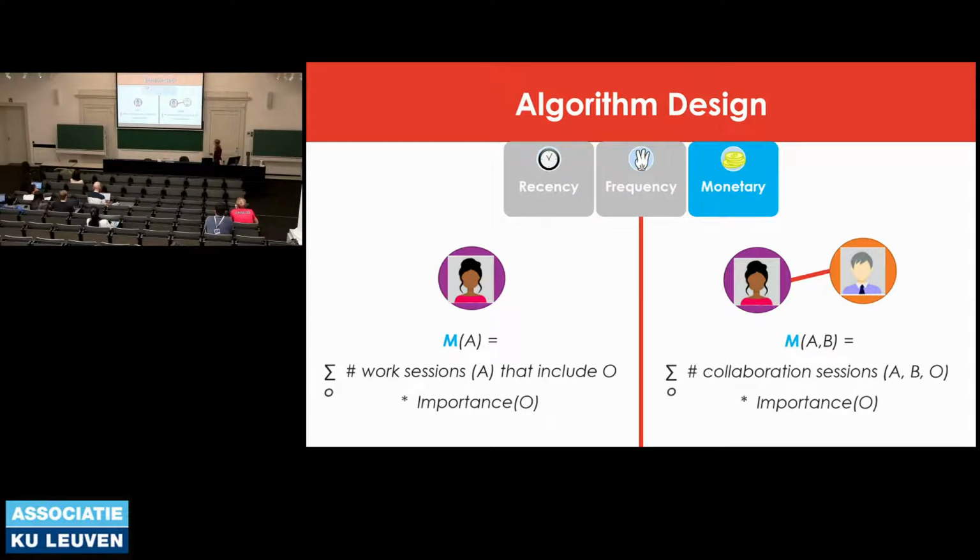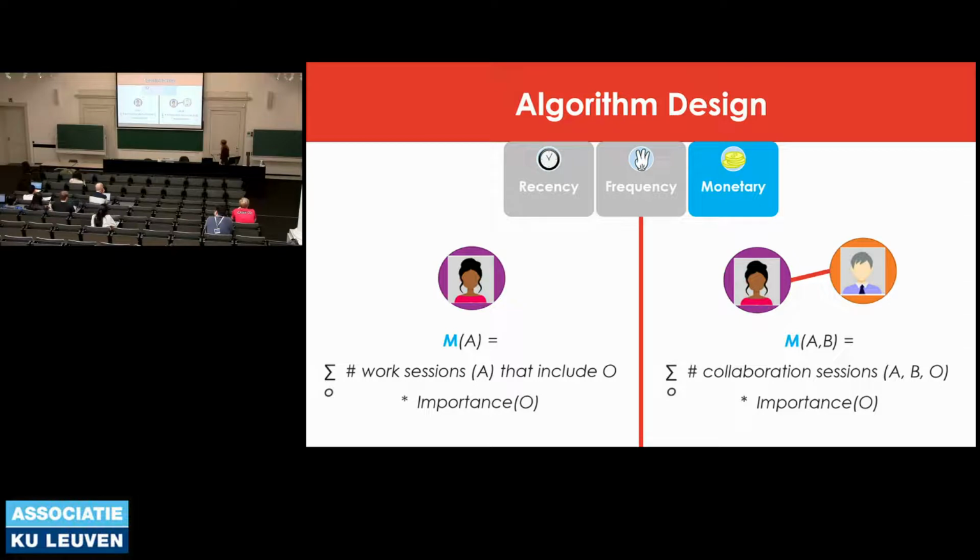And then we're left with the monetary value. It's the importance of a resource work packet, which means the number of times they worked on an object times the importance value of this object. So we need the number of times to distinguish between, for example, if we look at collaboration, someone who collaborated once on a very important file and 9 times on less important files, versus a pair that always collaborates on the most important objects of the project, and then once on a least important object, and they would have the same monetary value, and that does not make sense. So we need to know how often they collaborated.